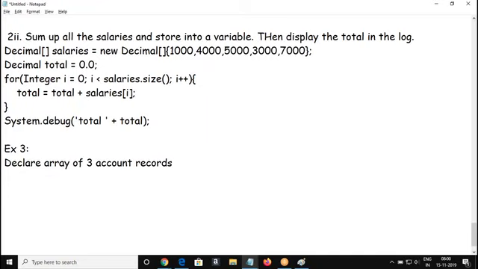Declare the array of 3 account records with the below values. We have the name of the account, rating field, industry. That's enough. So this is my account record.